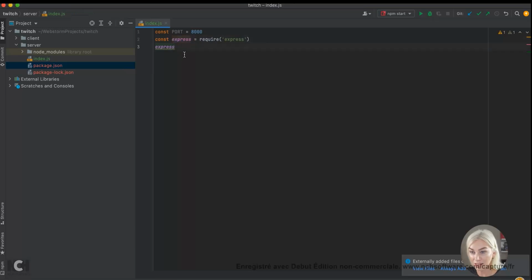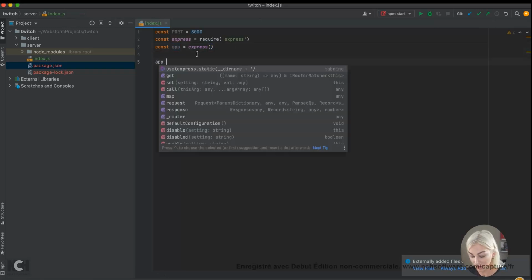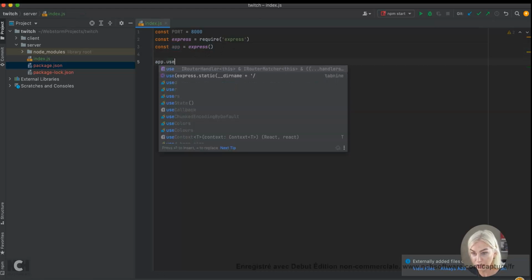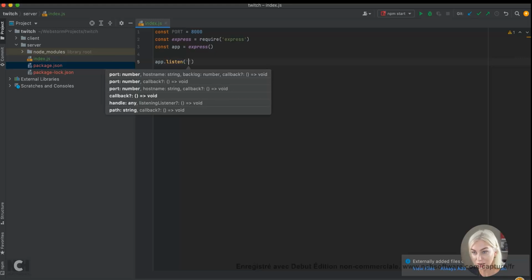Now to use the package and all of its wonderfulness, I need to essentially just call it. So I've called the package, all of its wonderfulness has exploded so we can use this in the file, and I'm going to save it as the word app. So now whenever I want to use express's wonderfulness, I just use app. So express, now known as app, comes with stuff like use or listen. So let's use listen to listen out for changes made on port 8000. So I'm going to use that and I'm just going to pass through